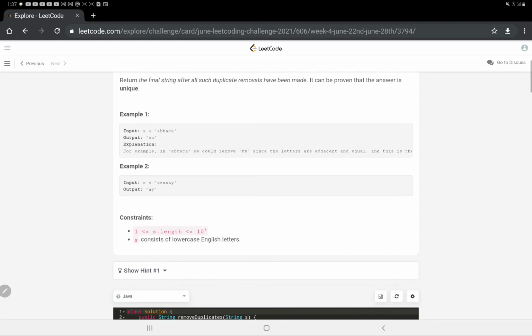So moving on, let's see the constraints. Constraints are the S is lowercase and the length would be from 1 to 10 to the power 5. That is, a non-empty string would be there that we will be having as an input. Alright, so many of you, the first thought that comes to mind on seeing lowercase is the hashing technique, but I have told you where this can fail.